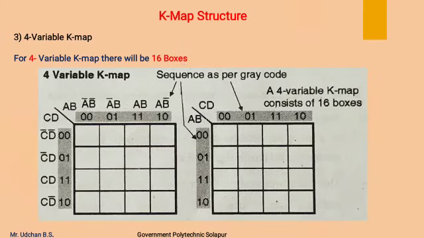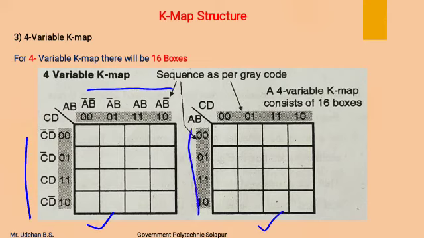Now this is a 4 variable K-map, where vertically C and D are variables taken and horizontally A and B are variables taken. This is one way. In this, A and B variables are written vertically and C and D variables are written horizontally, and the 4 variable K-map has